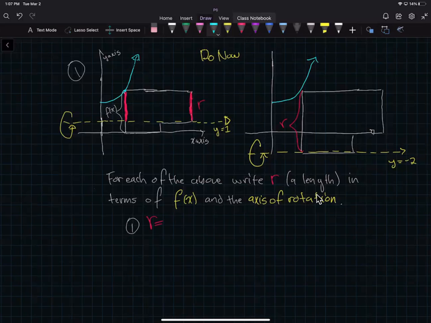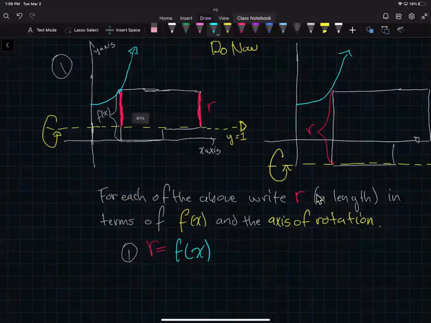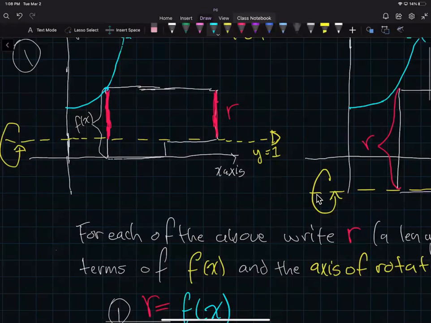Okay, so the answer to this one is actually f of x. And then f of x, in reality, if you zoom in, is going to be this length right here. So it's going to be this